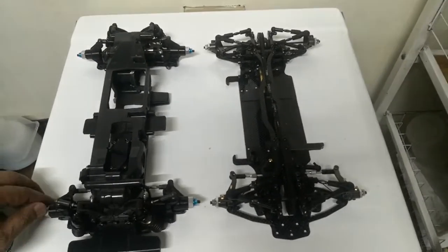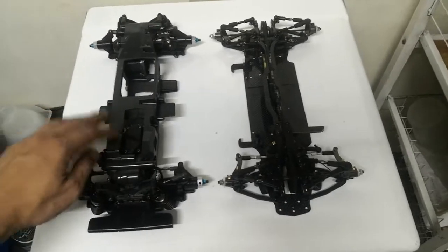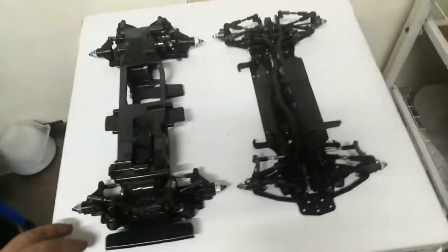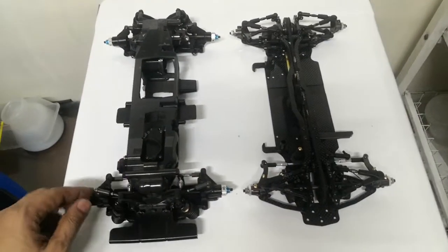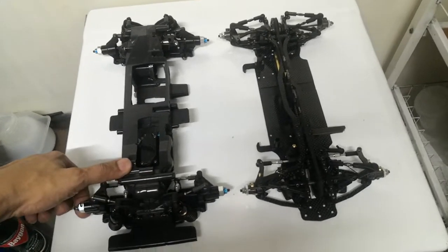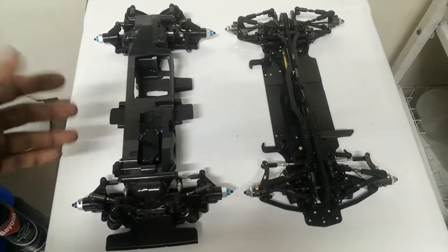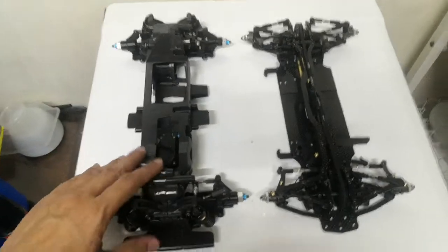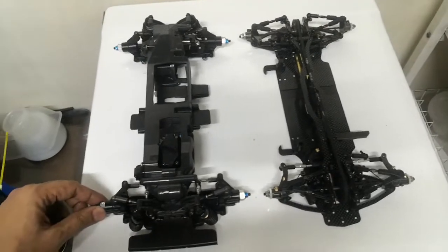I just rebuilt this because I plan on running it to compare how far away the new cars are from the old ones. But sometimes it's not about speed, it's about the emotional memories tied to a car or just the driving feel. I like the driving feel of this, so I enjoy playing with it. But